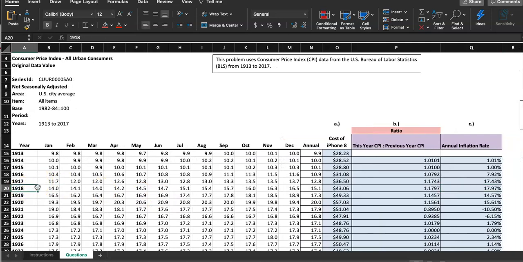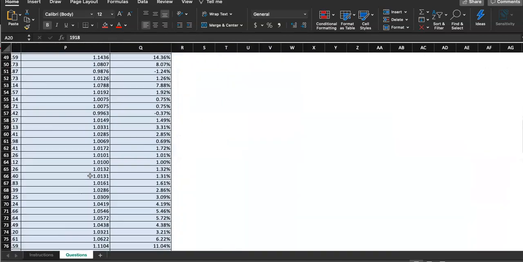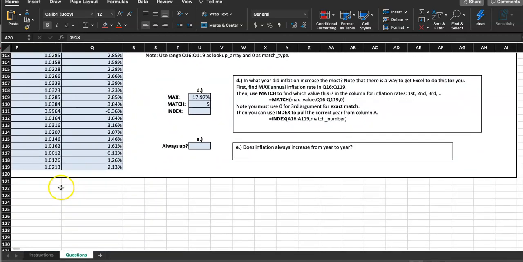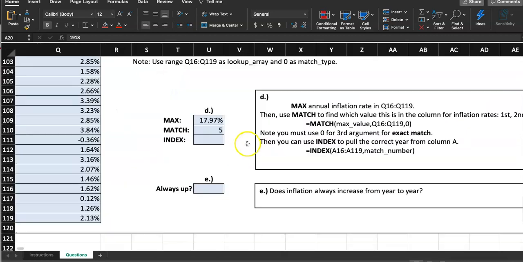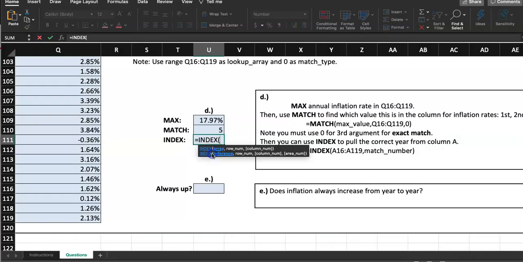I want to just type in 1918 and be done with it, but that's how we lose points, right? We're not going to do that. We're going to follow along and explore this new function. And look at this, guys, they already gave you what to type. All right, so let's do equal sign, INDEX, open the parenthesis, and